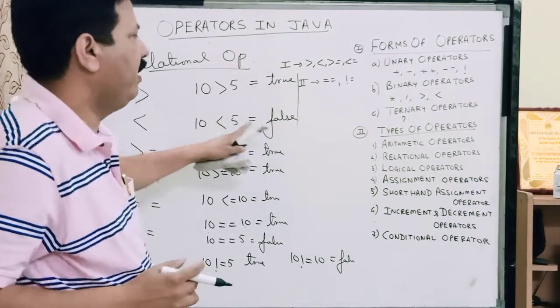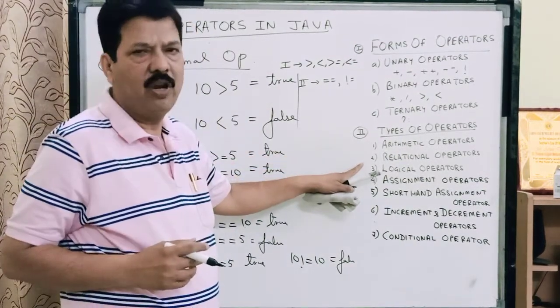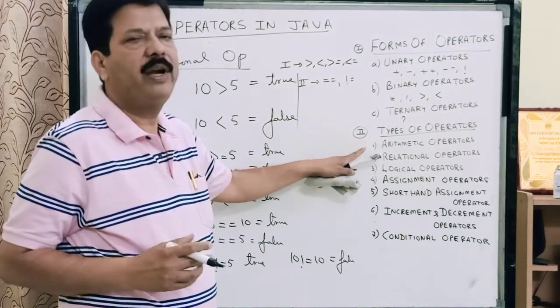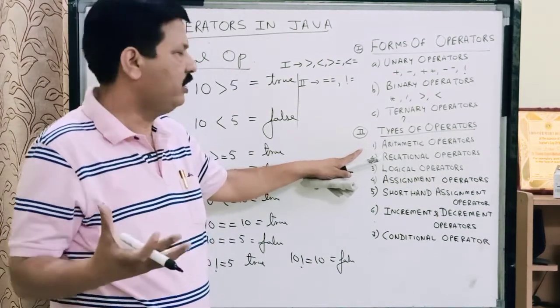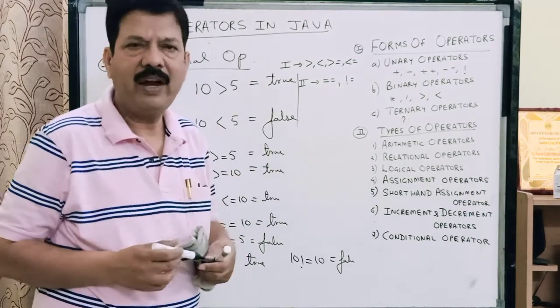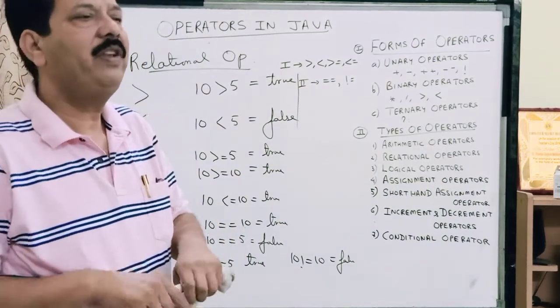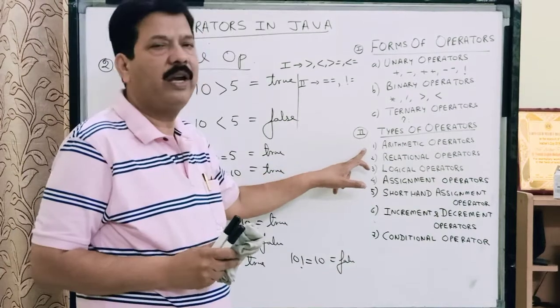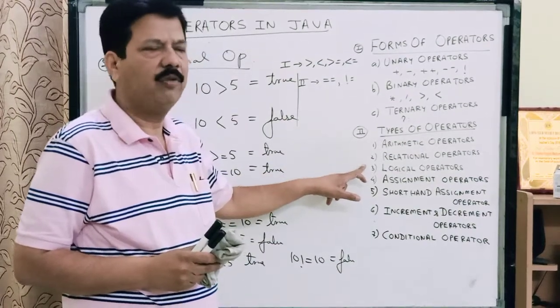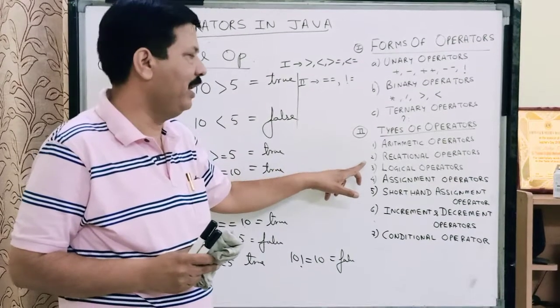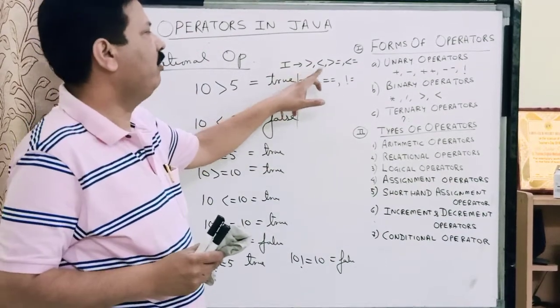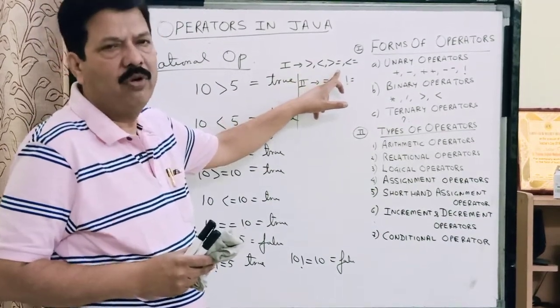If you compare the arithmetical operator and the relational operator, the arithmetical operator holds the priority position. They are executed first, then the relational operators are evaluated. That means if in an expression we have an arithmetical operator also and a relational operator also, the arithmetic operator will be evaluated first and then the relational. And children, these are also evaluated from left to right.